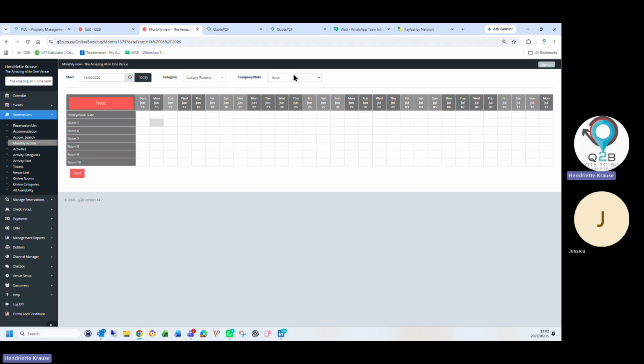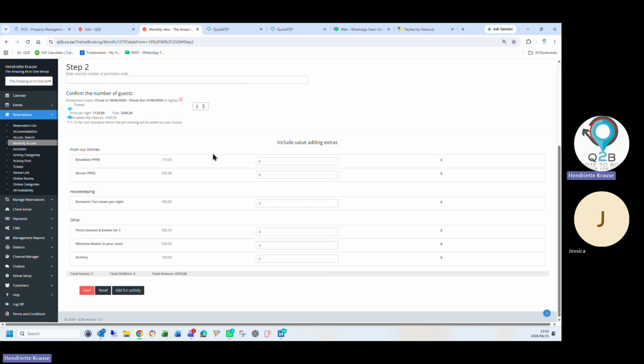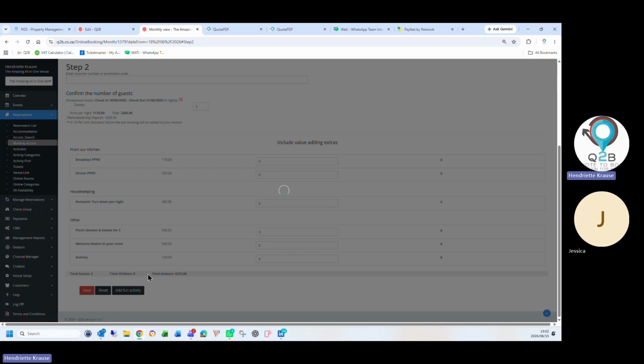So if I want to book a luxury room and I want to book a bed and breakfast, it immediately jumps to availability from this date. If I want to select a different date, it jumps to the 18th. There's my luxury rooms and there's my rate that I also selected. And now I can just select the nights. We allow you to have any add-ons that you quickly want to add. And of course, we can compile all of these add-ons to a list for you so that your housekeeping doesn't miss or the kitchen doesn't miss anything that the customer selected online.